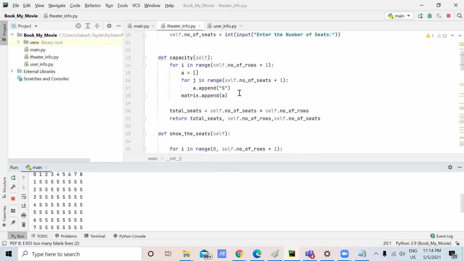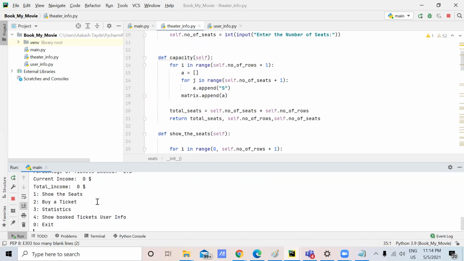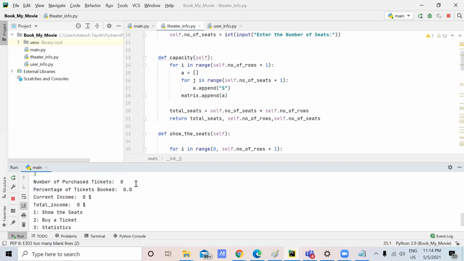This is the loop used, which is used to develop the matrix. Now you can see that currently there are no seats booked. If you check the statistics, it will give me a number of purchased tickets as 0, percentage as 0, current income, total income as 0.